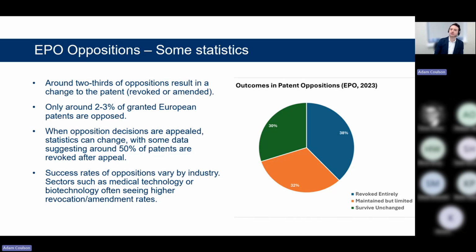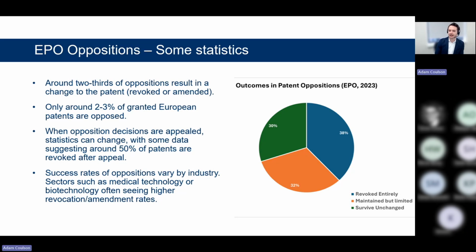With 2/3 of oppositions resulting in the patent either being revoked or amended, this highlights just how useful EPO oppositions are for opponents to protect their interests in Europe by way of an effective and relatively affordable means. It's interesting to note that only a small percentage of European patents are opposed. Last year, it was between 2 and 3%. About 10 years ago, it was about 5%. So there's a slight decline over the last 10 or so years of the percentage of European patents being opposed.